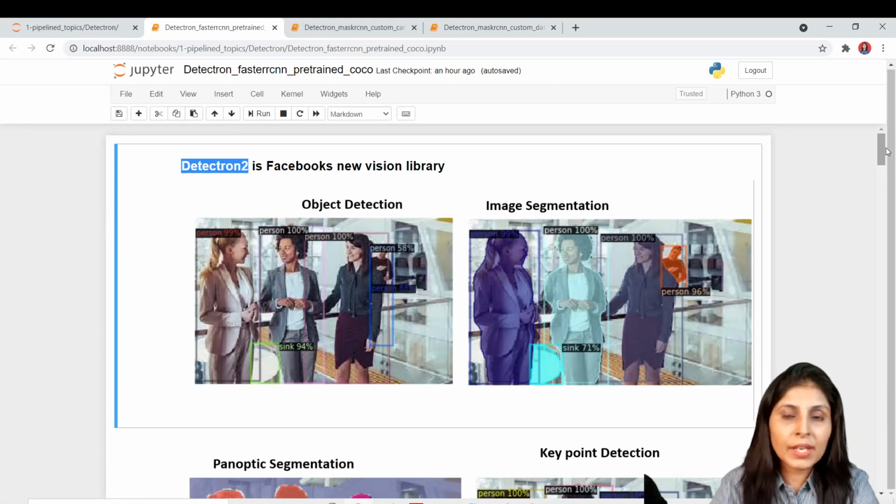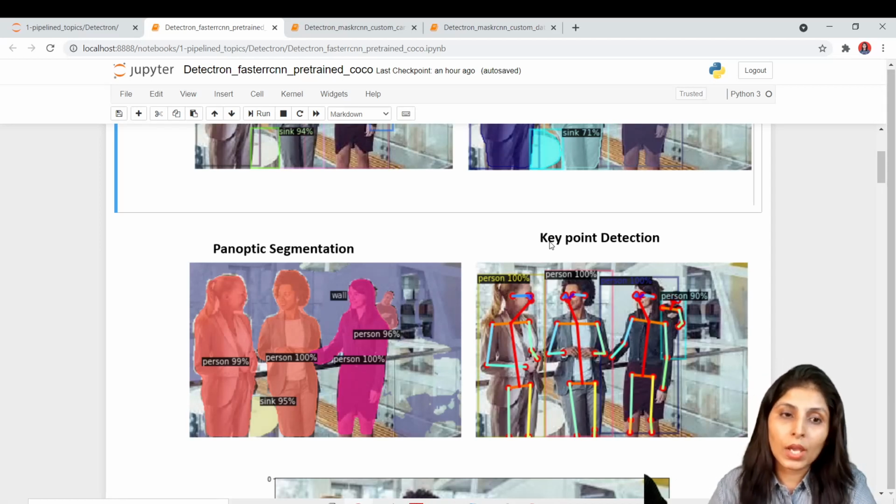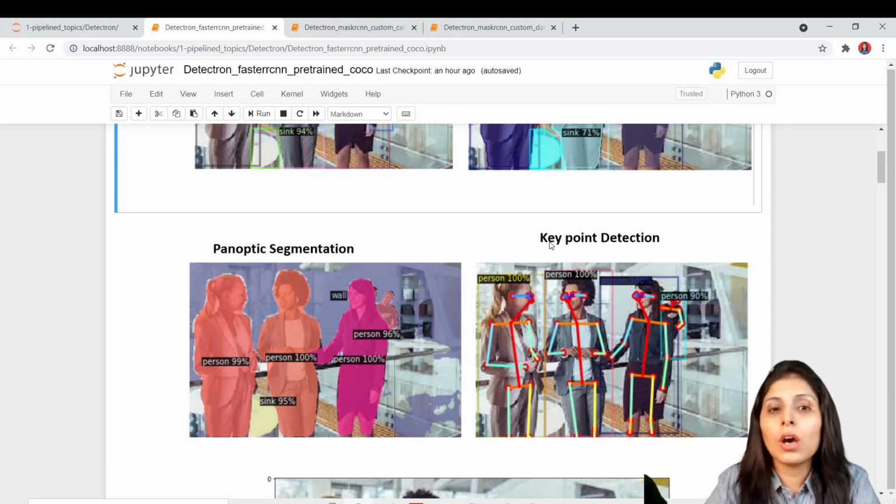So let's begin. Today I'll show you how to use a pre-trained model of image segmentation, a pre-trained model of object detection, and I'll also show you the pre-trained model on panoptic segmentation and keypoint detection. So we'll learn this today, and in my next class I'll show you how to use Detectron 2 on your custom dataset. And guys, Detectron 2 simply means 2 is the latest version, and prior to that they had Detectron 1, and Detectron 2 is the latest version of Detectron, right?